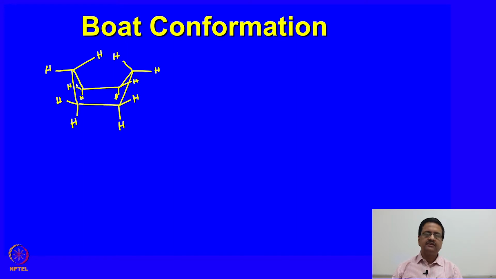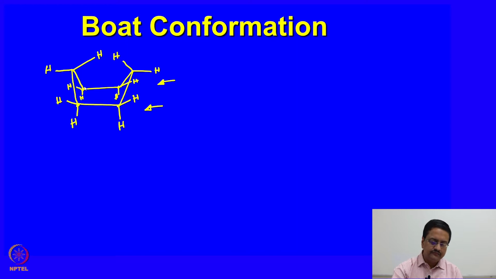Now if we try to draw this molecule in the boat conformation in the Newman projection, how should it look? We should view it from the side of these two parallel bonds and then draw the